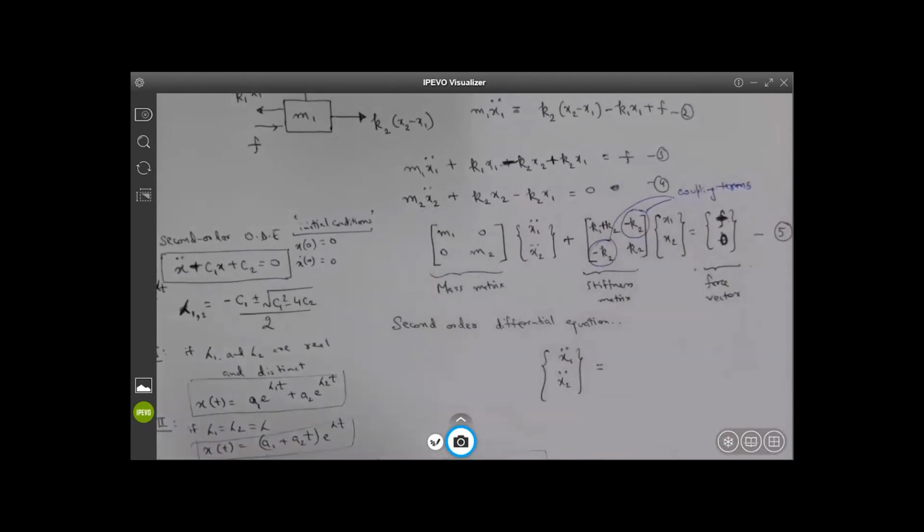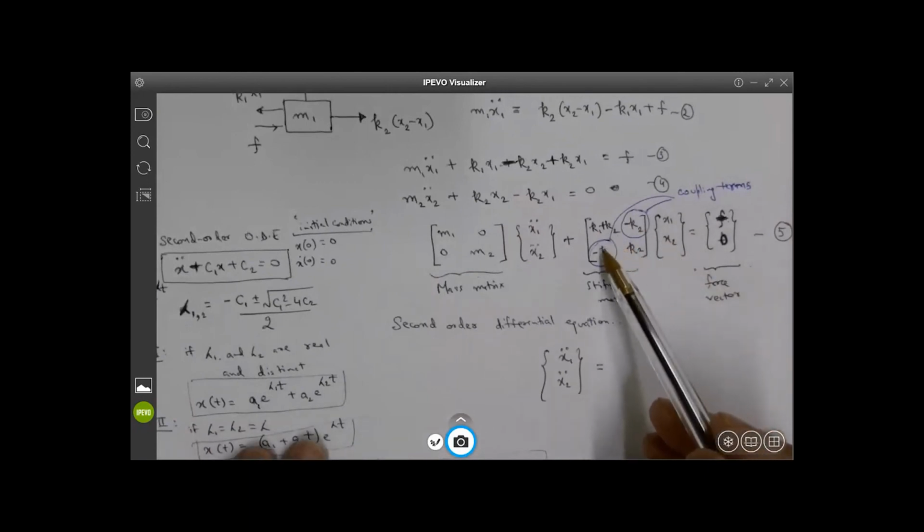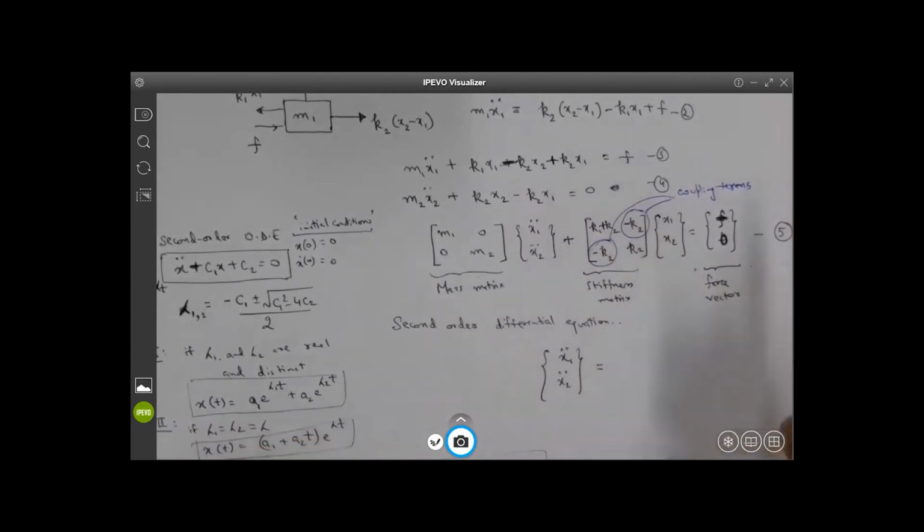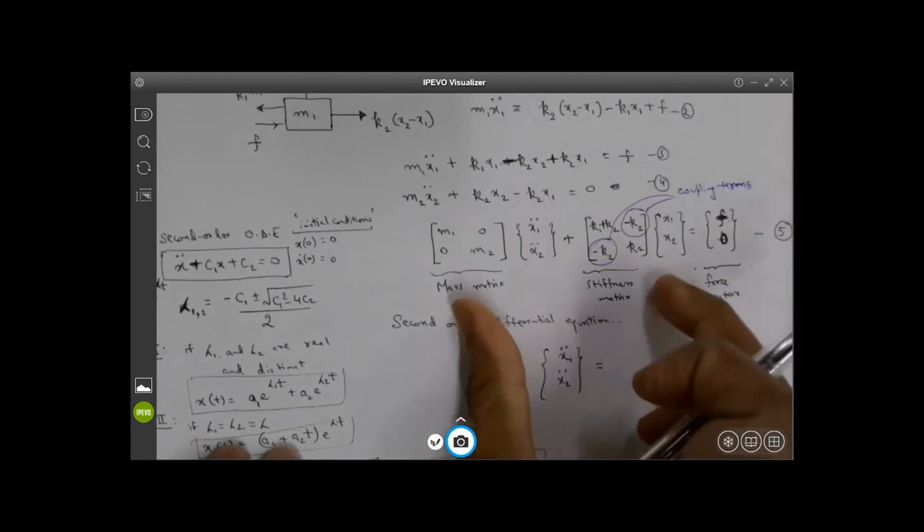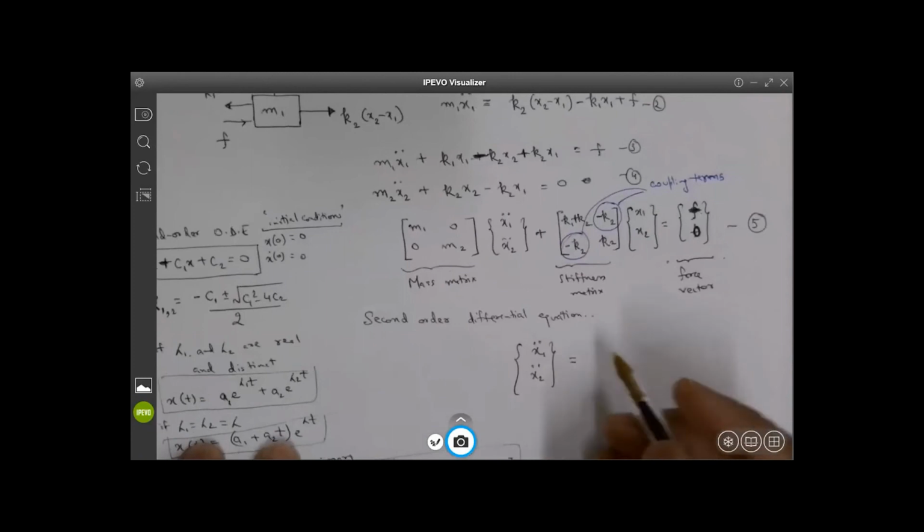Yes. So what we actually try to do is convert these off-diagonal terms to 0. But to do that, there has to be some process. So we are basically going through that process right now. What we are doing is rewriting this equation number 5 as